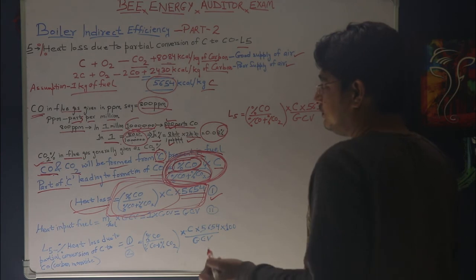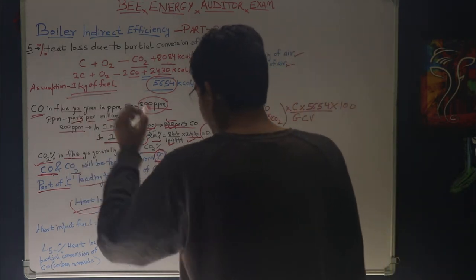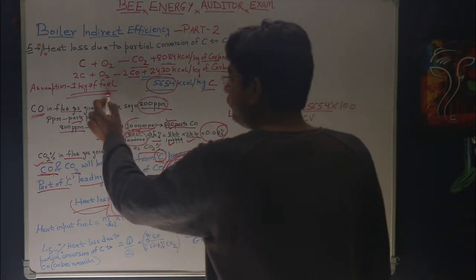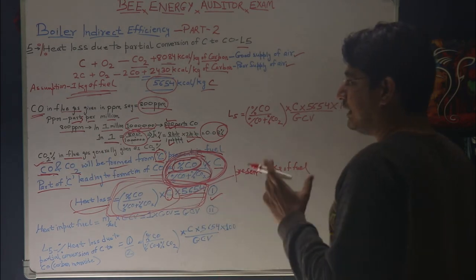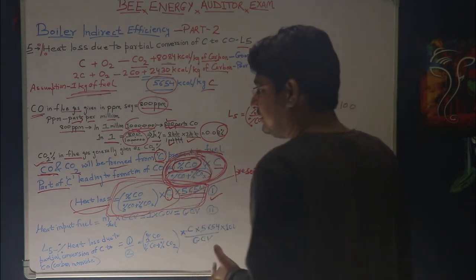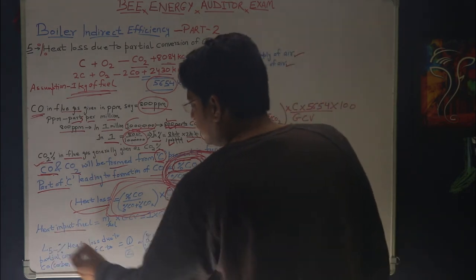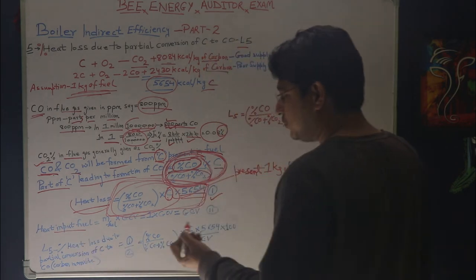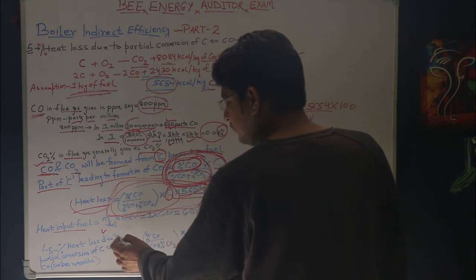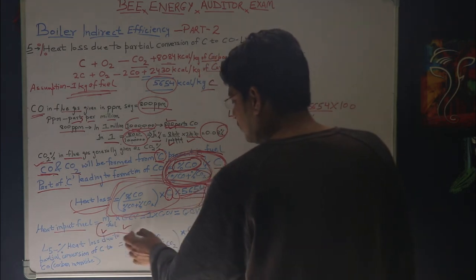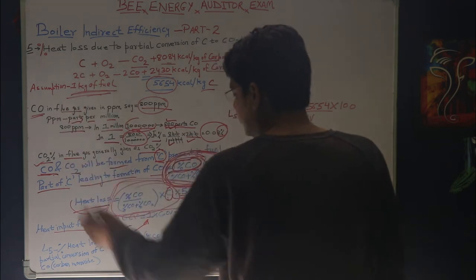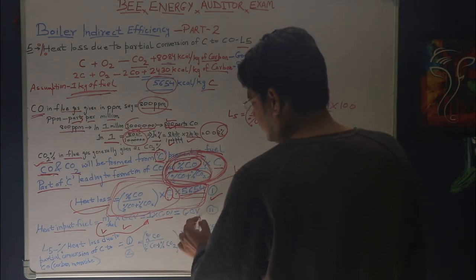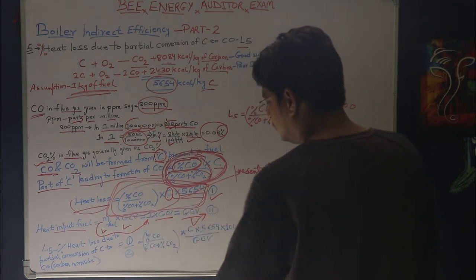Now again the same assumption I have taken, that is 1 kg of fuel. One thing you remember, this carbon is the amount of carbon present in 1 kg of fuel, because we have assumed that we are considering 1 kg of fuel in our entire calculations. Now heat input. Since our assumption is 1 kg of fuel, heat input from 1 kg of fuel will be given by the equation mass of fuel multiplied by GCV. Now mass of fuel will be 1 because of our assumption, and accordingly heat input from the fuel will be calculated as GCV, and this will be my equation number 2.